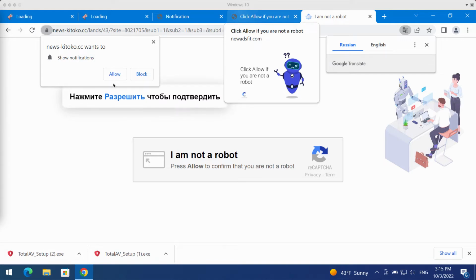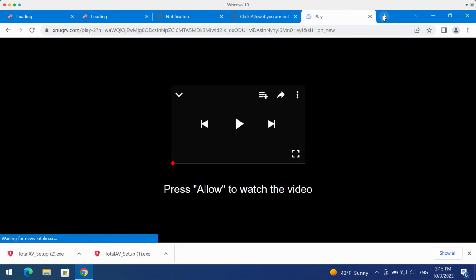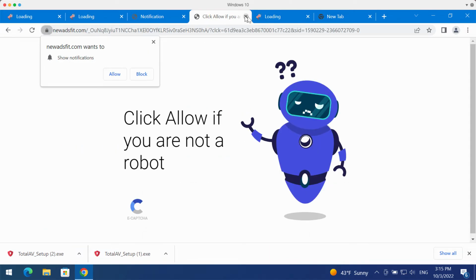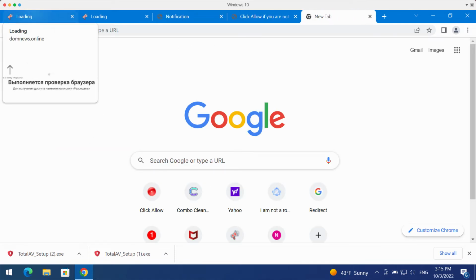It is obviously a mistake to click on Allow. If you have done that, your browser will be hijacked with a lot of ads that will keep popping up in the right part of your screen. So if you have clicked on Allow, it was a mistake, but the good thing is that it can be